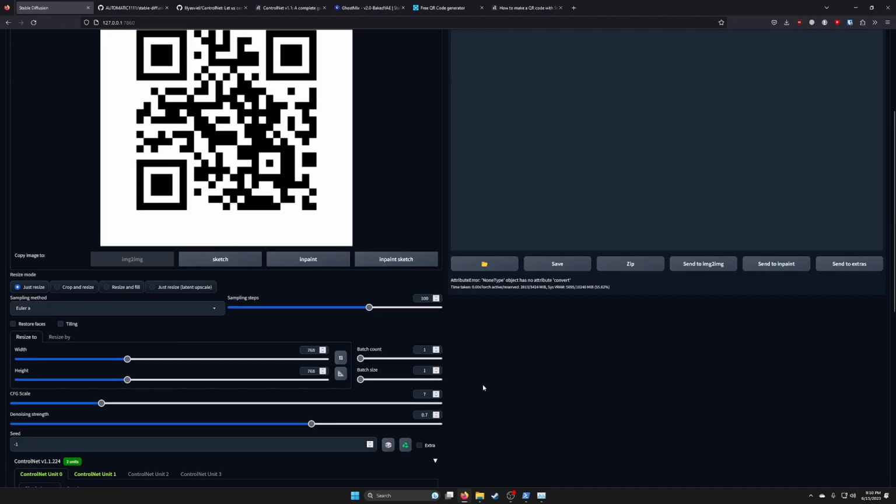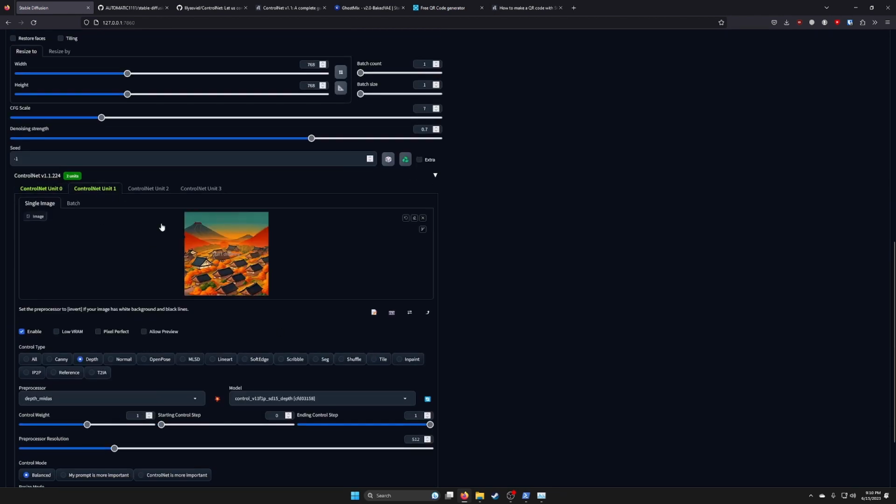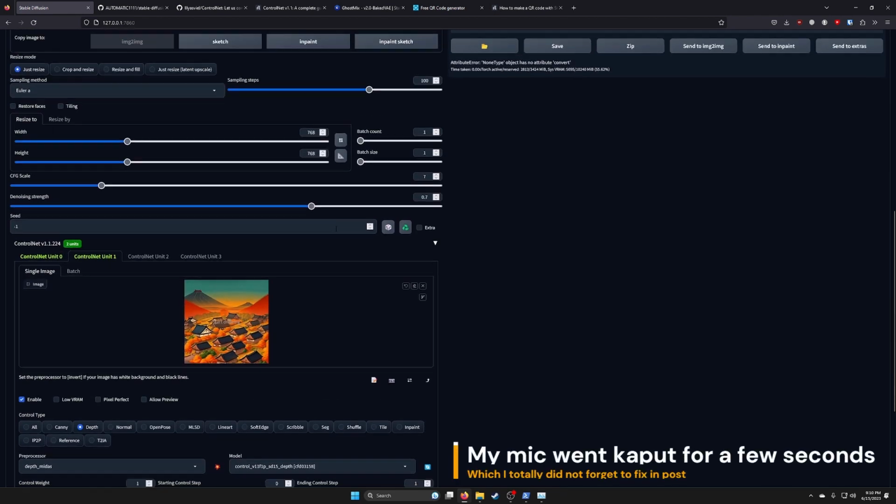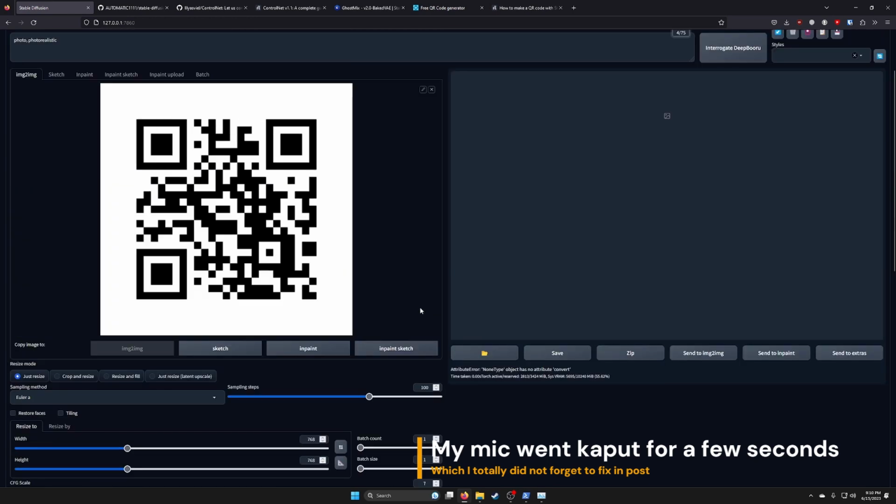If your image is predominantly just QR codes and no artistic input is coming from the ControlNet Unit 1, since this is already